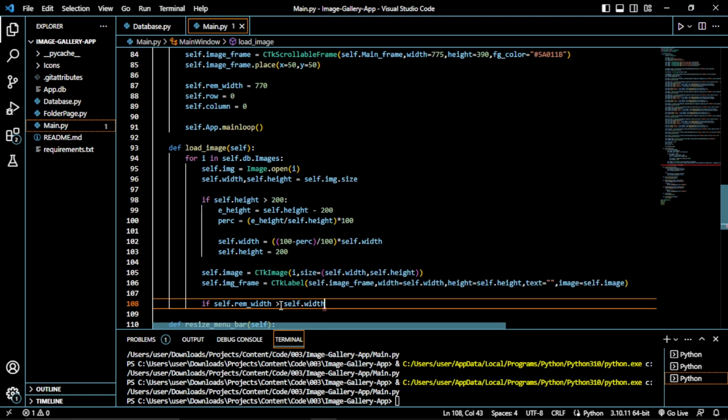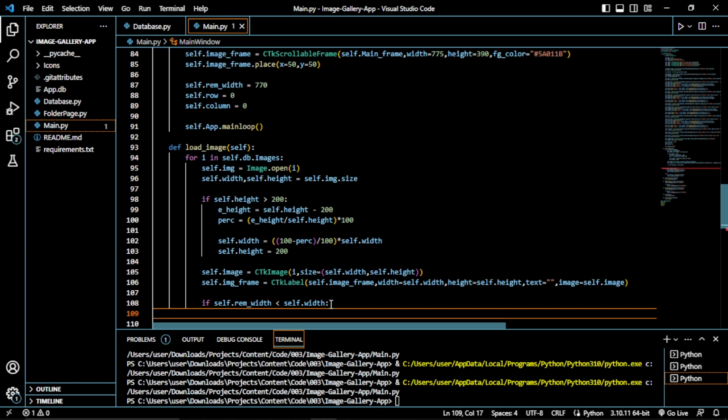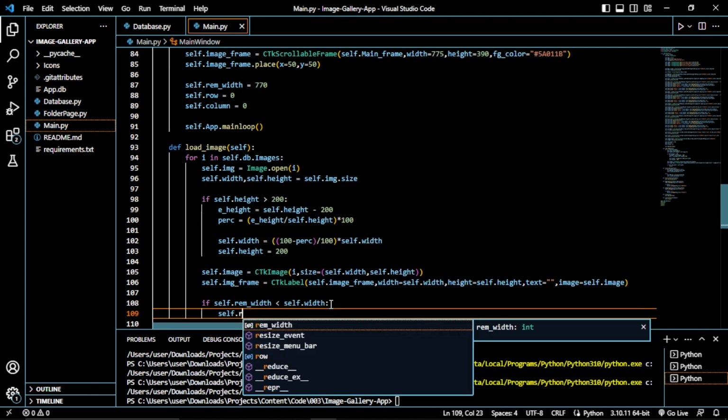If the remaining width is smaller than the image's width, not bigger than, sorry for that, what does it do? It goes to the next row. So self.row